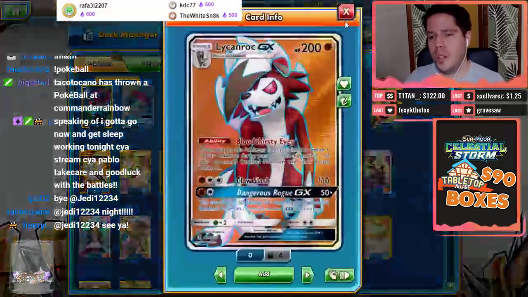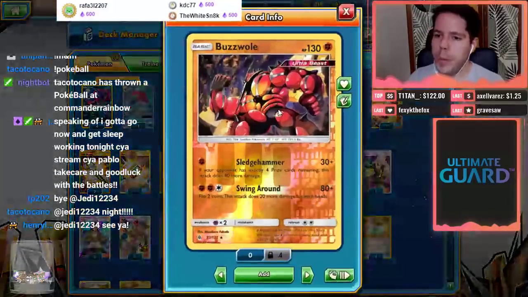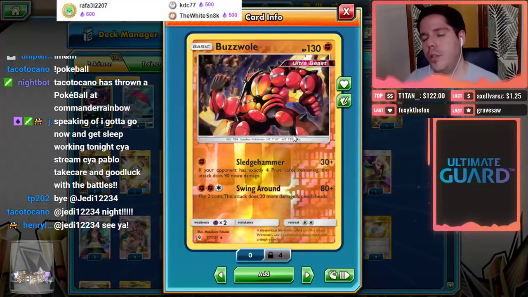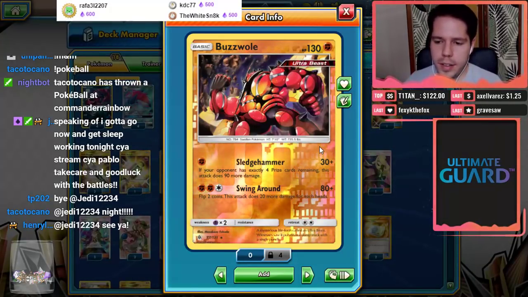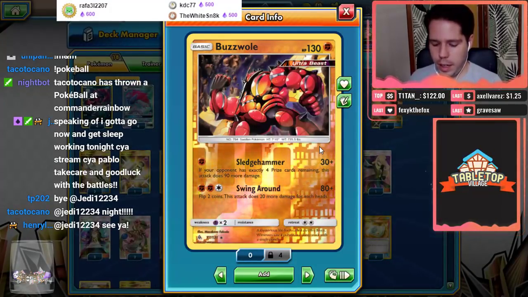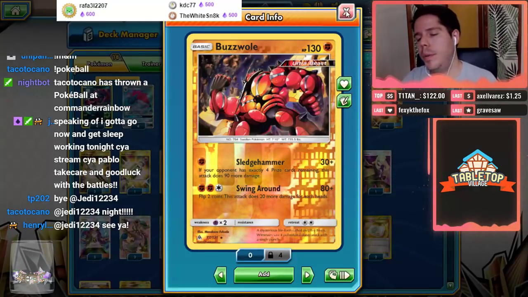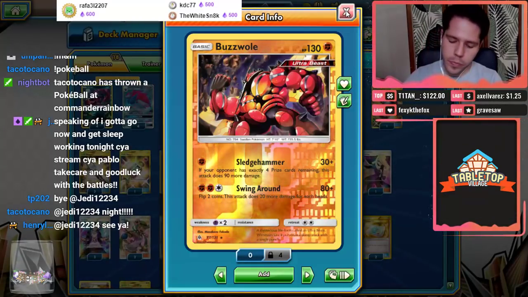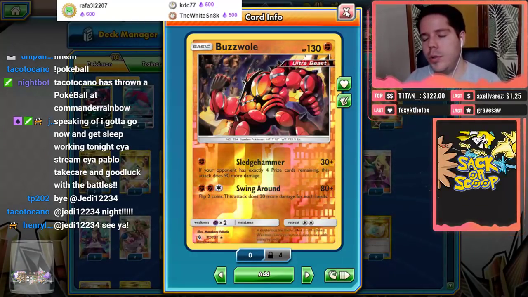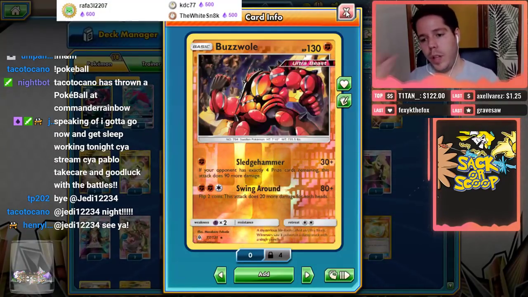And so we have Lycanroc GX, a really good GX partner for Zoroark. We also have a one-off Baby Puzzle, which for the Zoroark mirror match is also pretty good. Sledgehammer dealing 30, and if your opponent has exactly 4 prize cards, you deal 90 more. Swing Around, probably not going to be using that, but it does deal 80 damage, and since we would be pairing it up with at least 2 Strongs, the base damage would be 120,